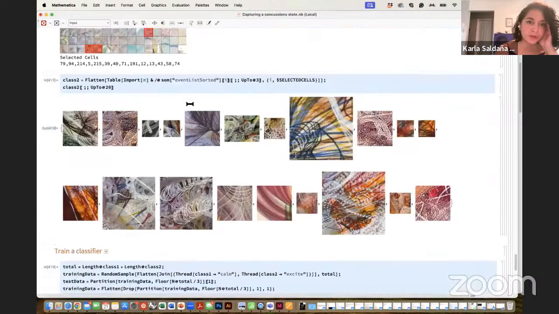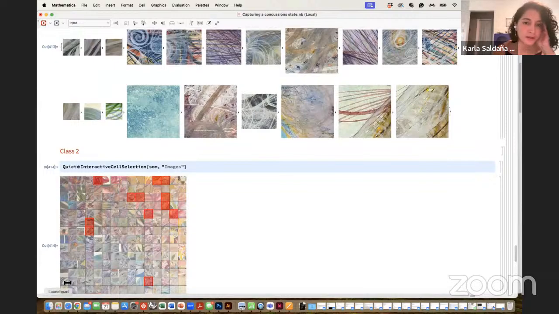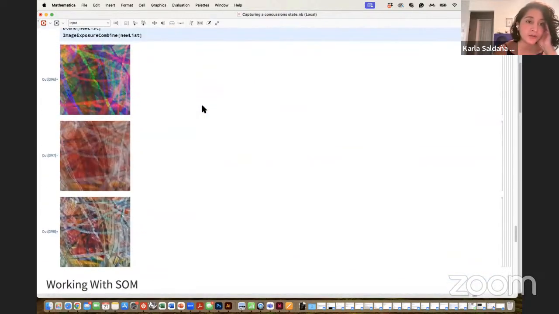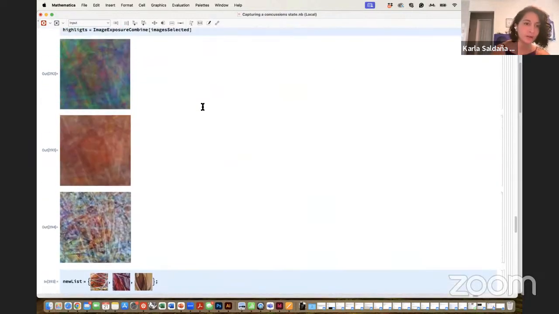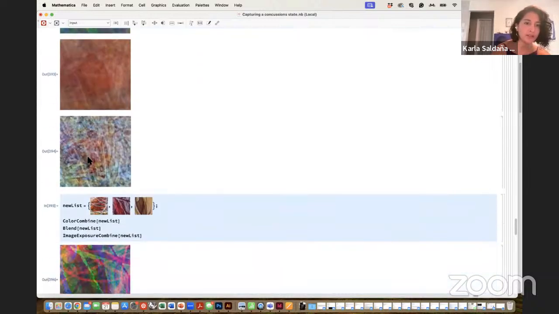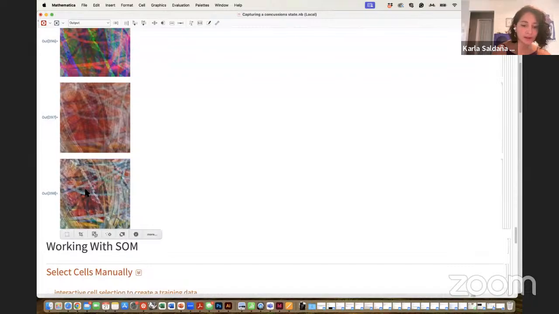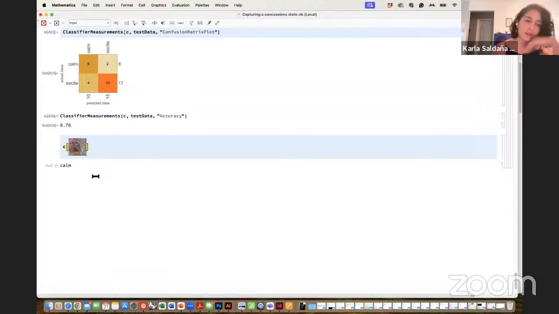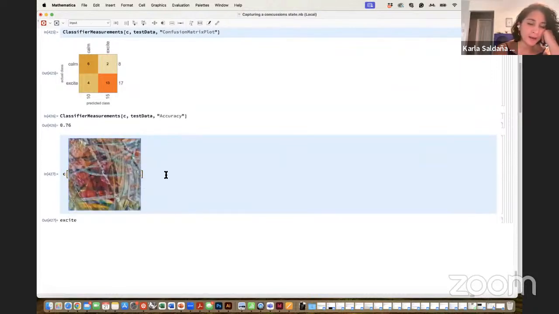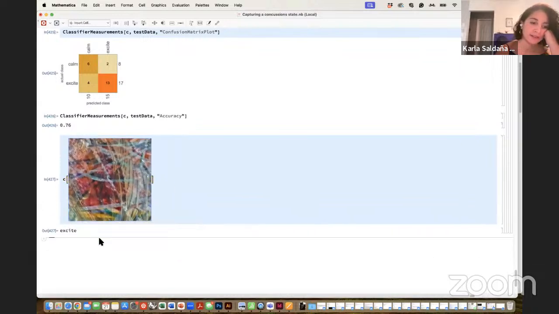So what you could do is go back to your training data, to your folder where you have your data, or you could bring any of the images that you have created here and then try to set up whether they are within these 2 classes that you've created. So according to my classifier, the algorithm that is able to encode my perception, this image that I have here should belong to the class excite.